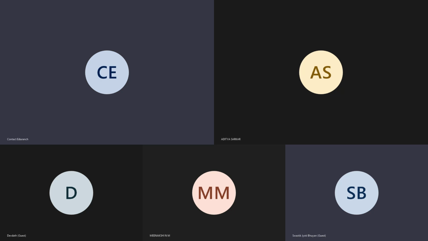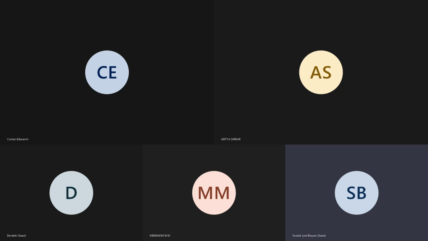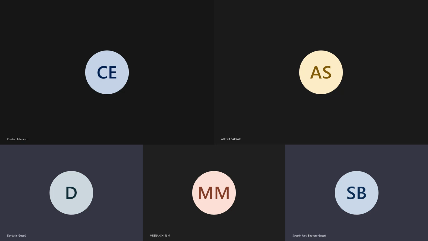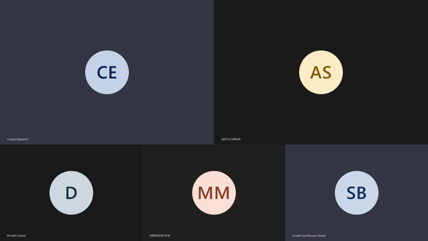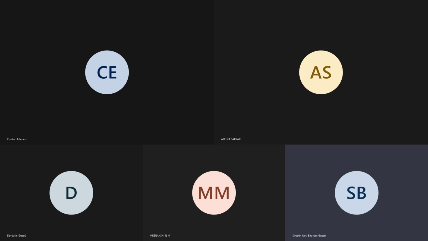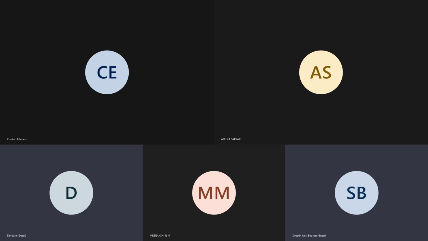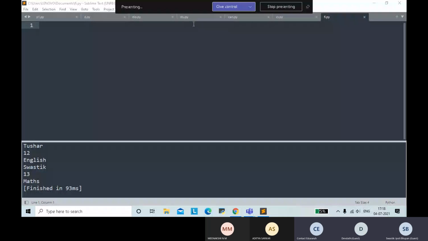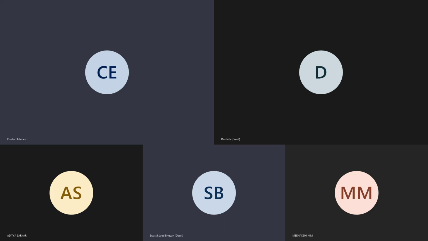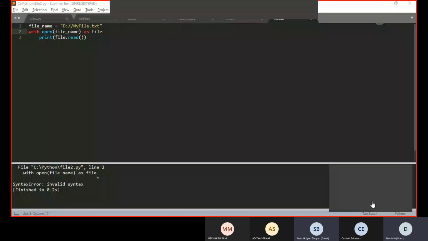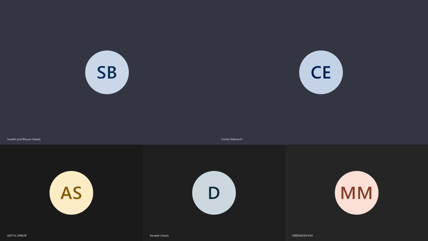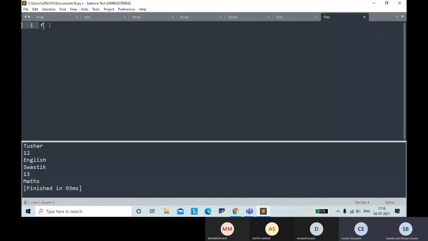Okay, Devdutt, you? Yes, sir. Sir, it was showing error. I will do it again. Can you help me? Sure. Sir, for me it's showing error. Yeah, show me your screen. Let's finish with Swastik and then we will come to you, okay? Devdutt, I think you are very close. Why don't we finish yours first? Show me your screen first.